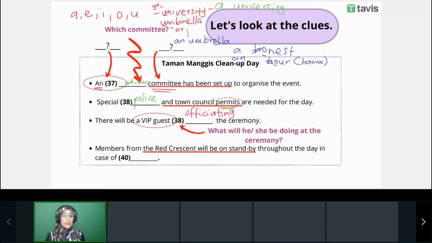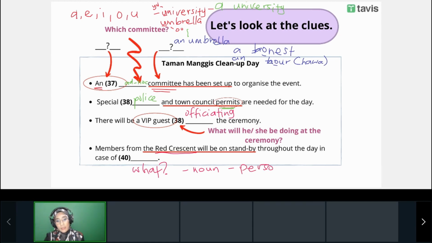Members from the Red Crescent will be on standby throughout the day in case of something. Now, you can see the highlighted clue here is Red Crescent. So members from the Red Crescent will be on standby throughout the day in case of what? So it's looking for a what here. So it's looking for a noun. What are nouns? Okay, what are nouns? They are your